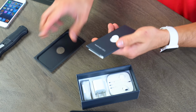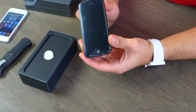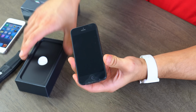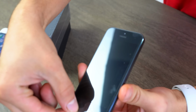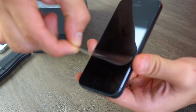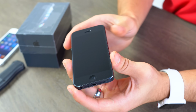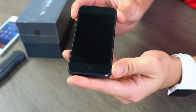And the listing did say that it should have, almost guaranteed, iOS 6 on it. We'll see if it's an old or new version, but I'm guessing iOS 6.0 or something. Anyways, here we go. Zoom in for the plastic packaging. Here we go. Ooh, that sound. Simply remarkable. So flawless shape, beautiful